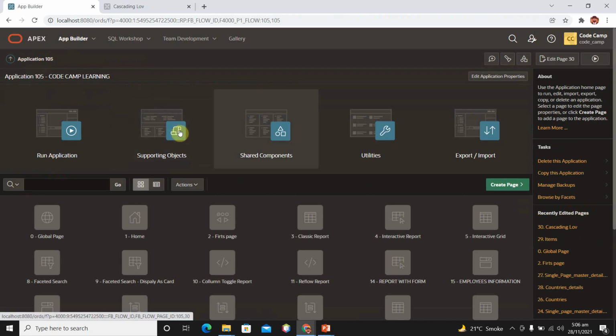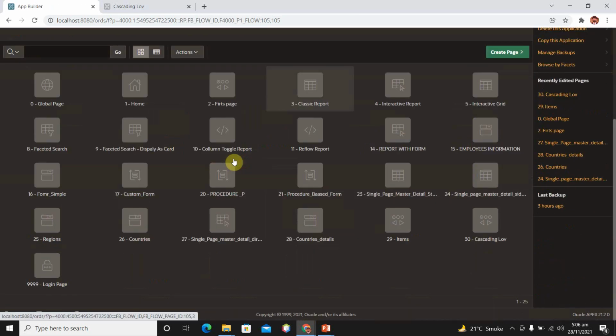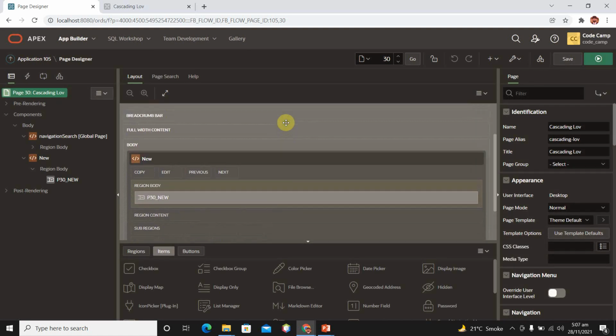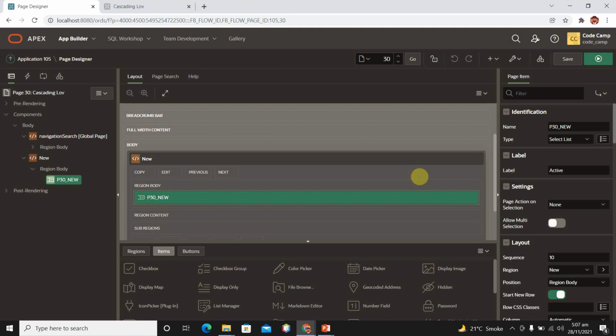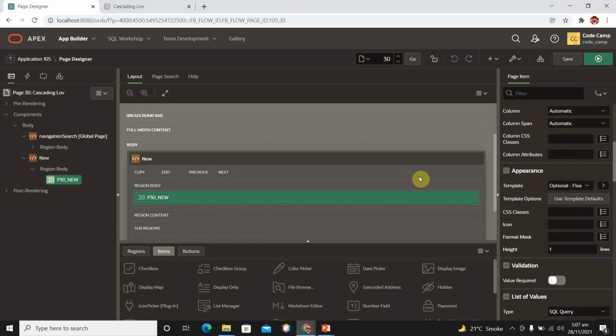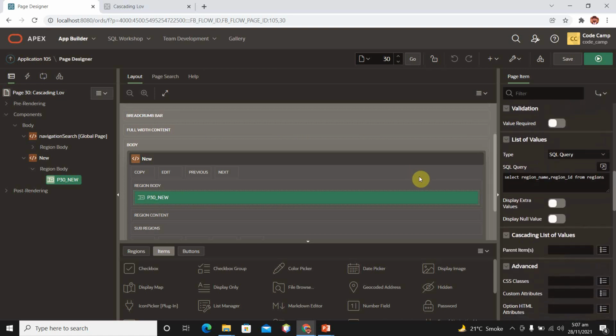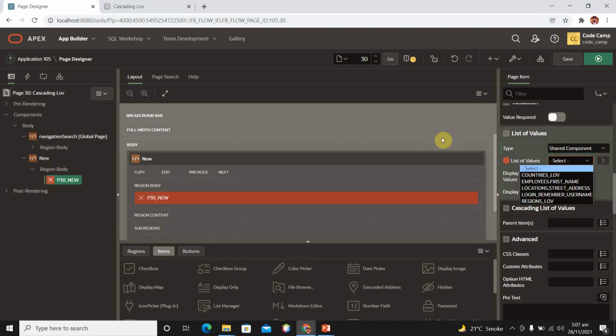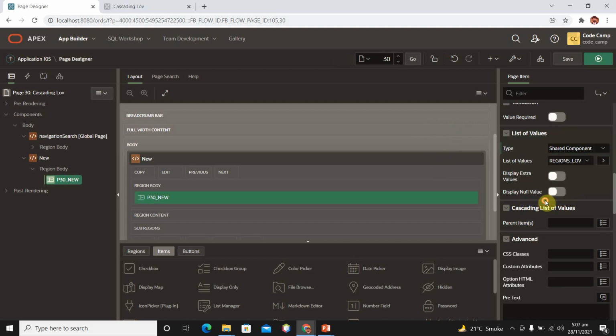So go to your application, then go to your page, cascading LOV, and here we have our LOV, and we want this LOV from shared components. So remove this SQL query, switch to shared components and select the regions LOV.